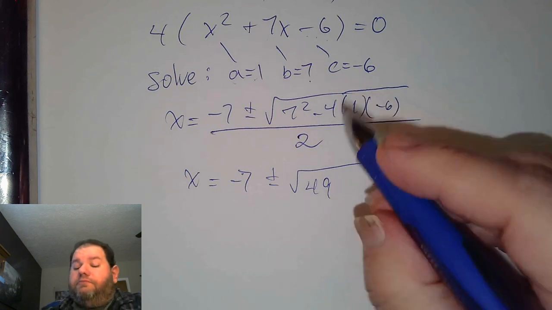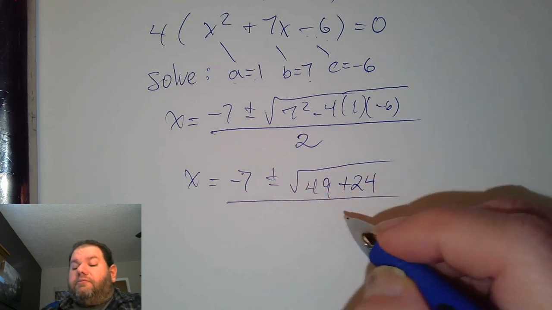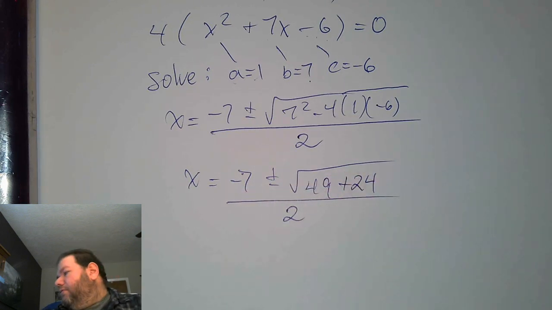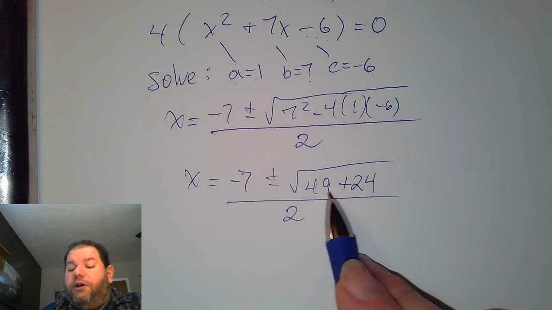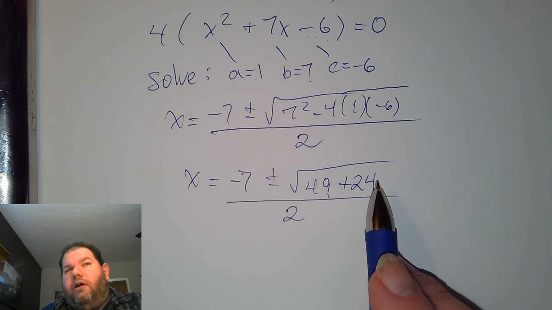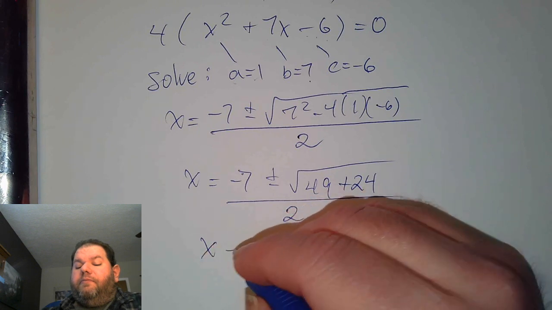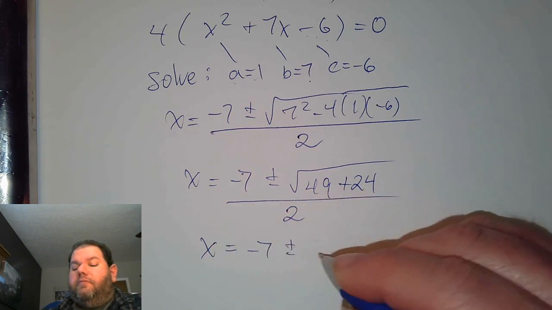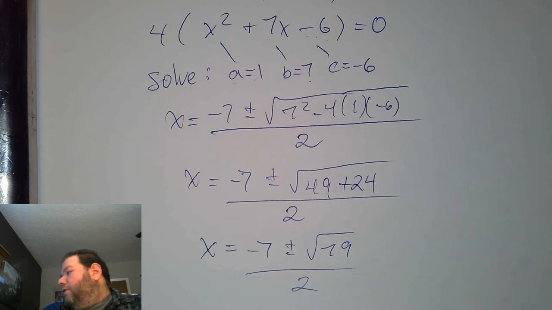Positive 24. Okay. And so we add those together. So 49 and 24, I believe that's 73. And so finally, with negative 7 plus or minus the square root of 73 over 2, we look at that and we say,